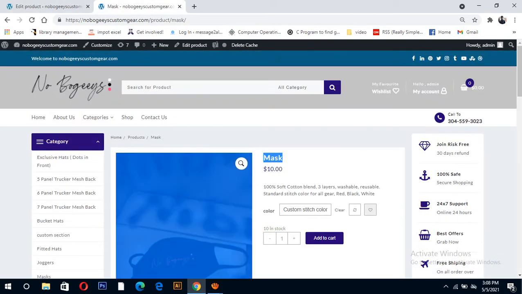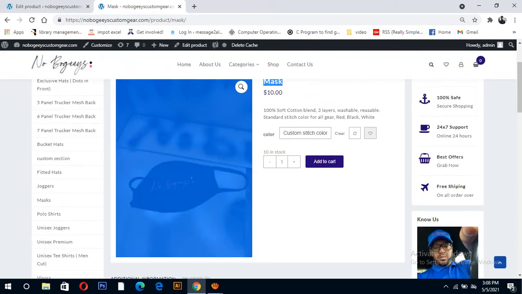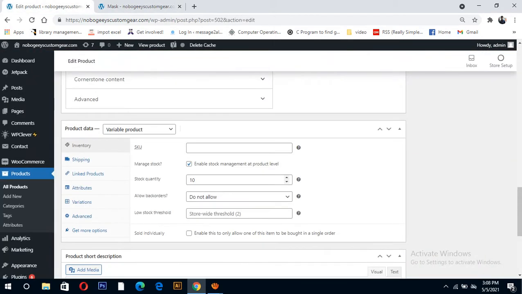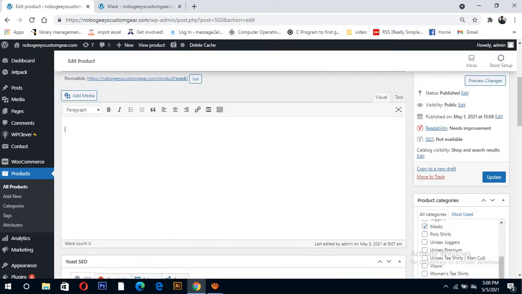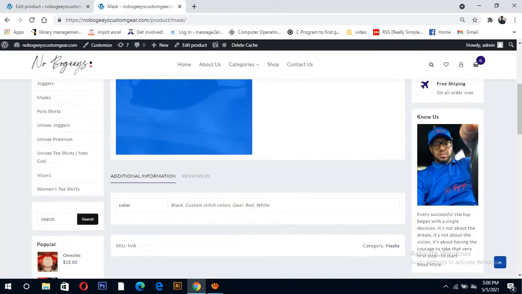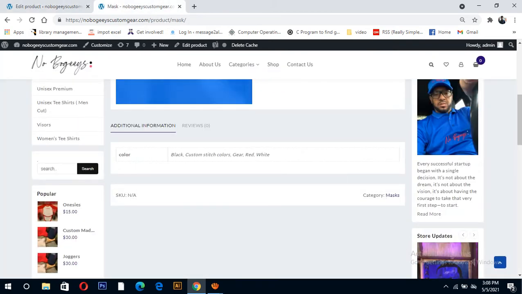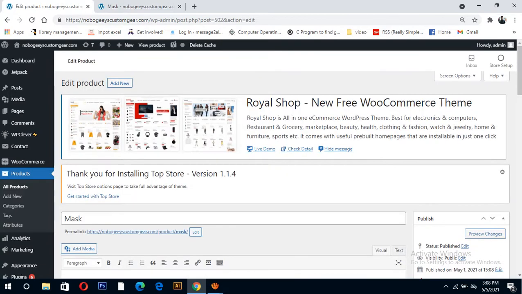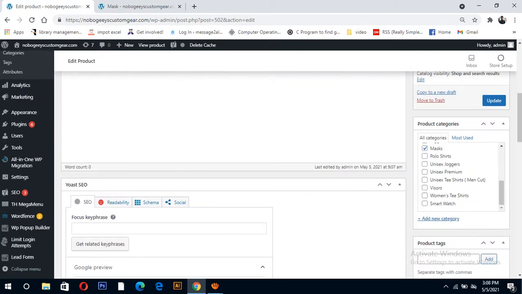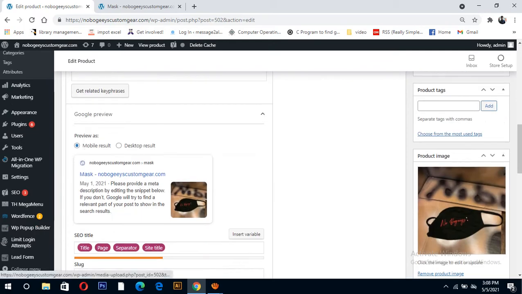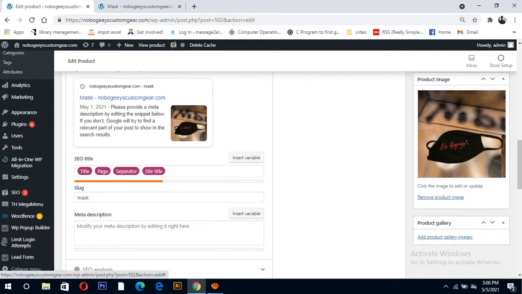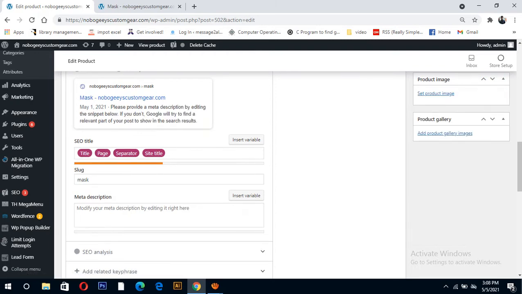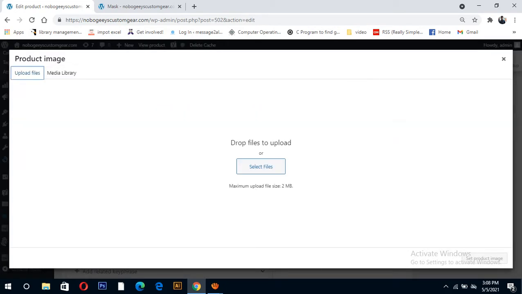This shows the product name and price, and here is more description and details, other text, and this description shows here. Okay, now if you want to change any pictures, you can click here. If you want another marks, you can click here, remove, then upload a new picture.